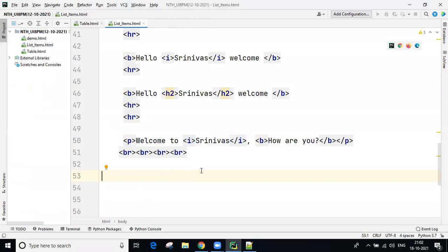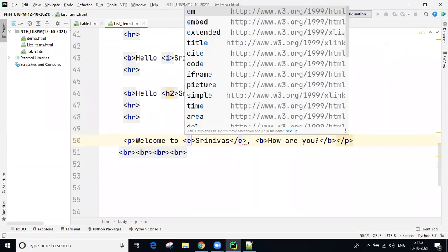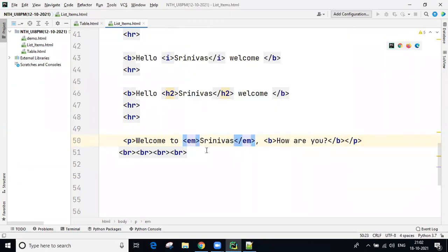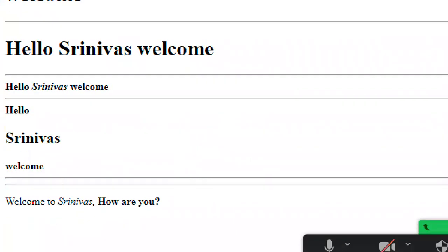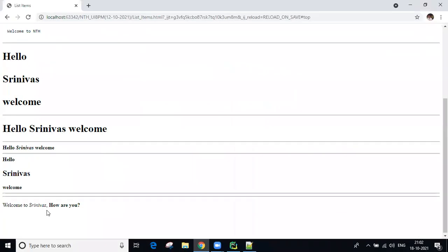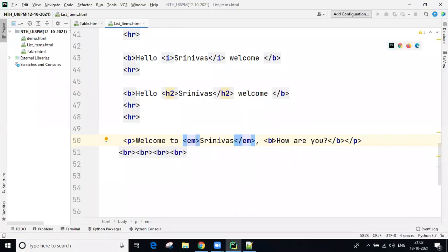So alternative tags are also there. Why require this? No question. So if you want, guys, instead of the I tag, you can use the EM tag. EM, emphasis related. Same behavior you are getting. Nothing changes. Instead of I, we can use the EM tag. And now here, guys, instead of B, we can use strong also. These are all basic information.